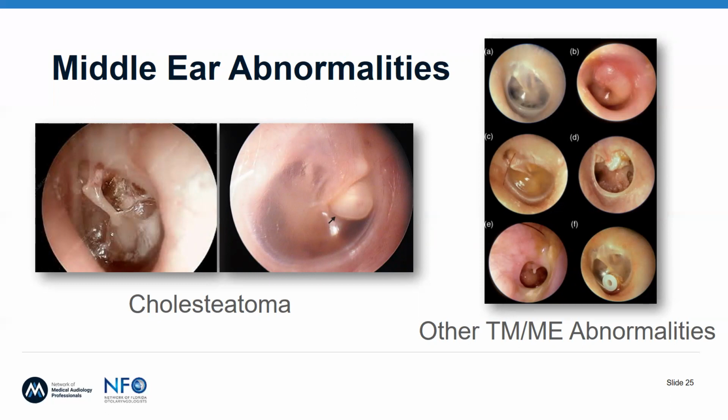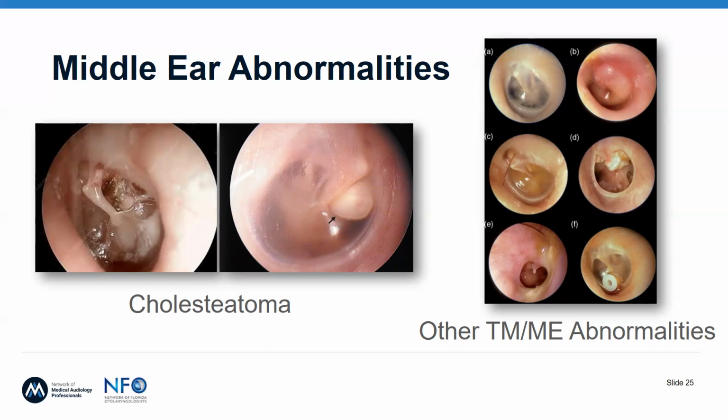The second image from the left represents what most likely is a congenital cholesteatoma. And this is a relatively normal appearing ear with a white mass behind an intact tympanic membrane. There is no evidence of pathology to the tympanic membrane in this image, and it likely represents a child. And this is a finding of